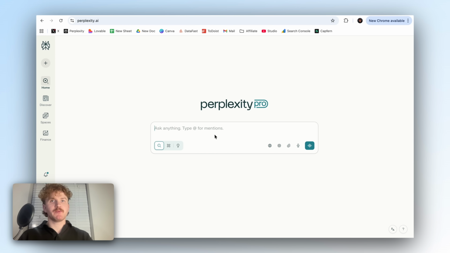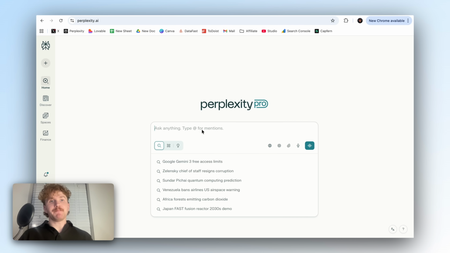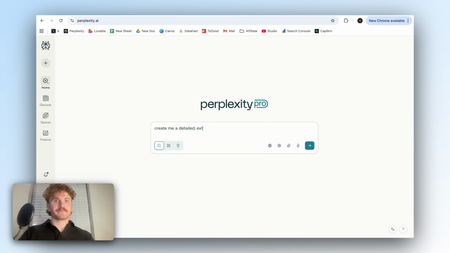Okay, guys, so the first thing we're going to do is build a PRD, so a product requirements document for the actual app itself. So what we're going to do first is create the PRD for the CRM. So let's say, create me a detailed, extremely beautiful PRD for a simple CRM app. The app should be